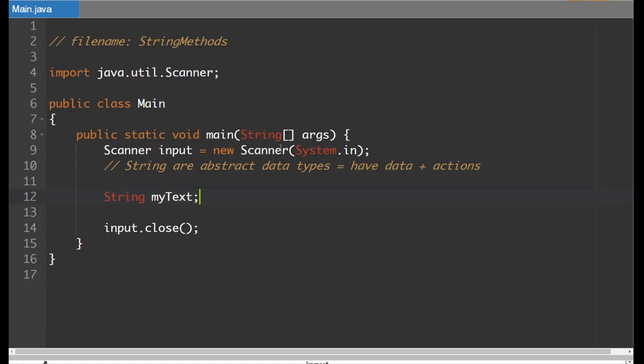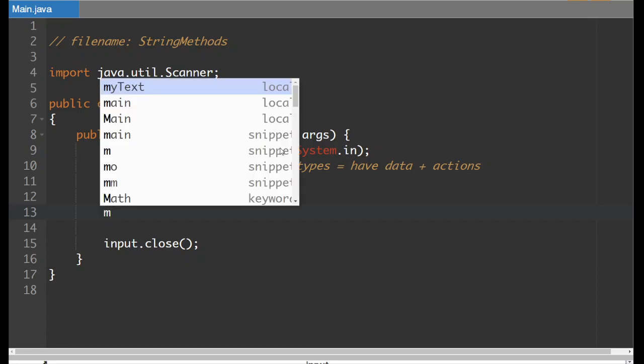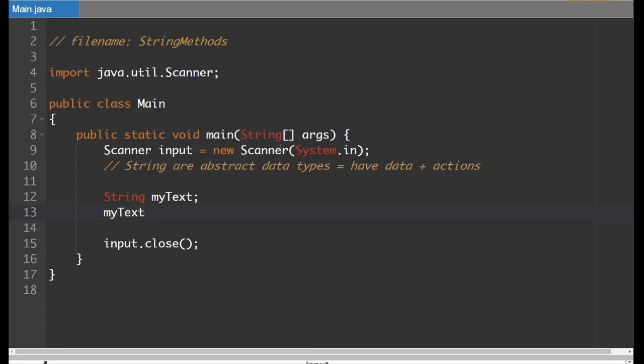Now, in this program, I would encourage you to write down the comments as they come up, because this will be a really good reference for you to come back and test strings out to try to figure out, okay, what do I need for this program that I'm creating? So we're going to start by having the user enter a piece of text. So myText equals